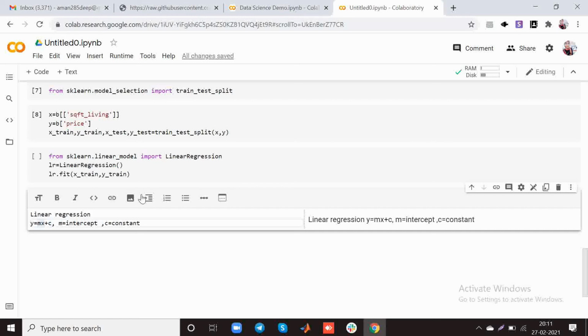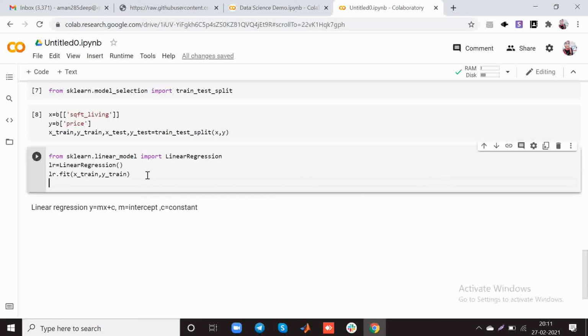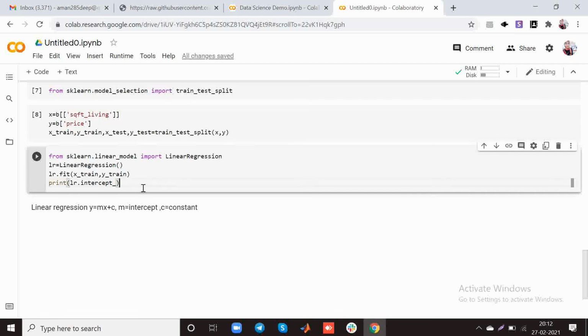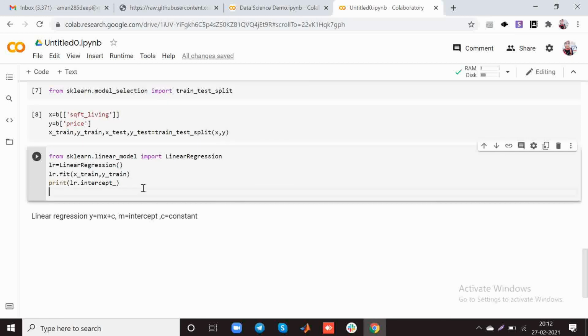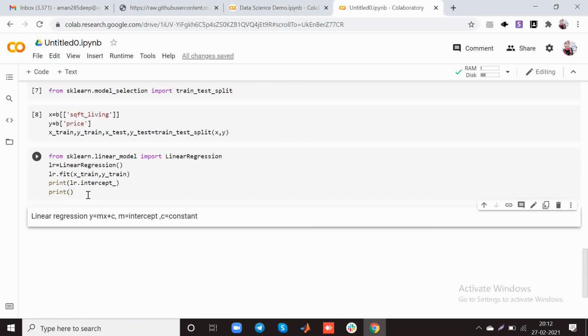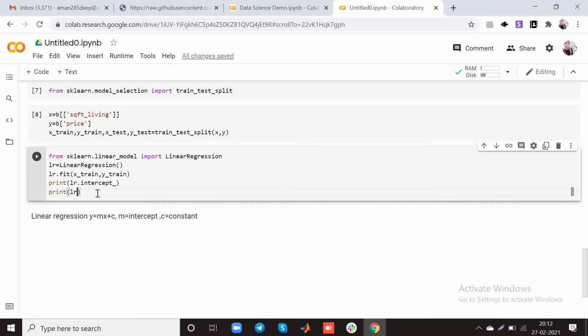To find our intercept and our slope, we use print lr.intercept_. This is the method to find the intercept of our linear regression equation. Similarly, for the slope, the coefficient, you can say lr.coef_.